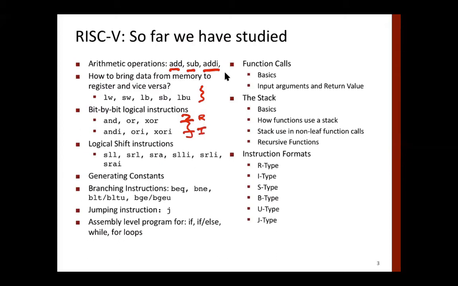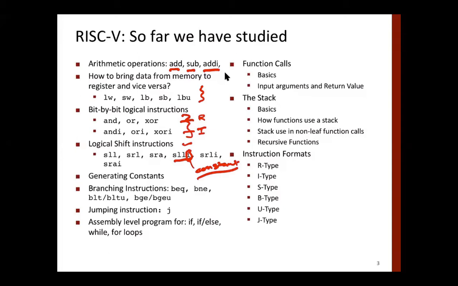Then we looked at the logical shift instructions, left and right, in register mode as well as in I mode, which is immediate field mode. Whenever there is I, then essentially it's immediate type. It means that we have to do the operation with a constant, and this constant is given in the instruction itself. And then we looked at how we can generate a 32-bit constant.